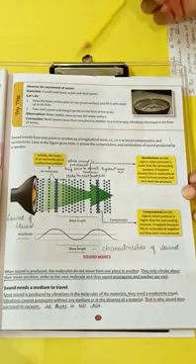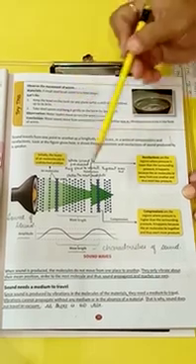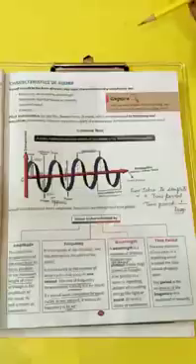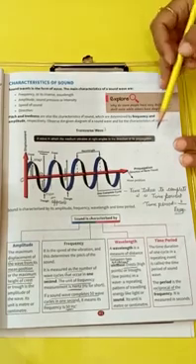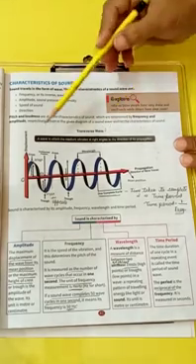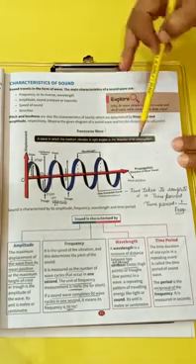Students, in my first session I told you that sound travels as a longitudinal wave in the form of compressions and rarefactions. But to understand the characteristics of sound, we always represent the sound wave as a transverse wave. What is a transverse wave? A wave in which the medium vibrates at right angles to the direction of propagation.